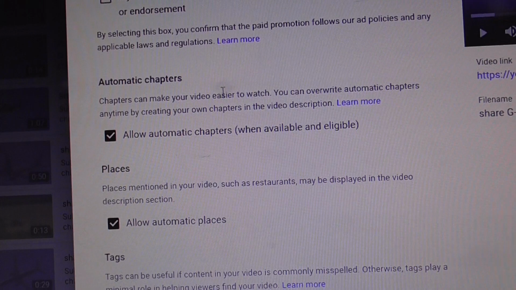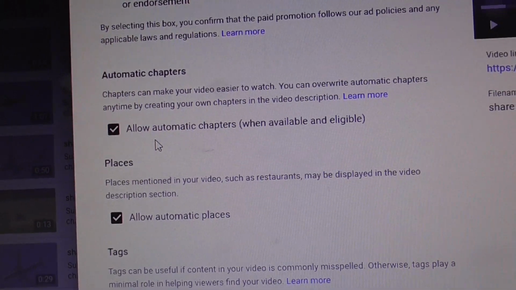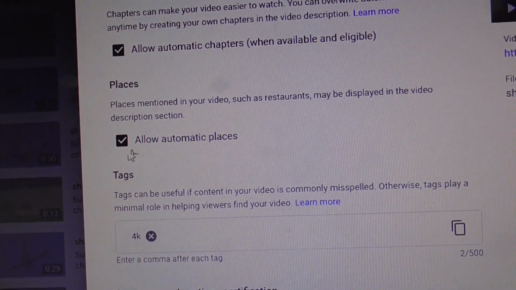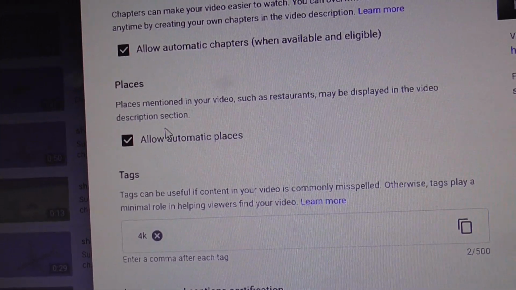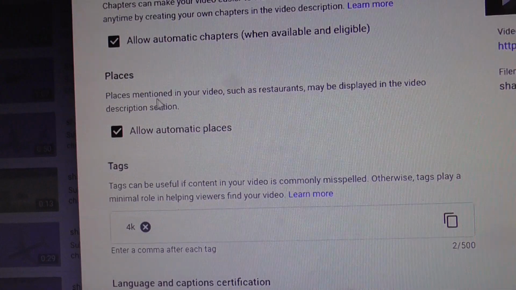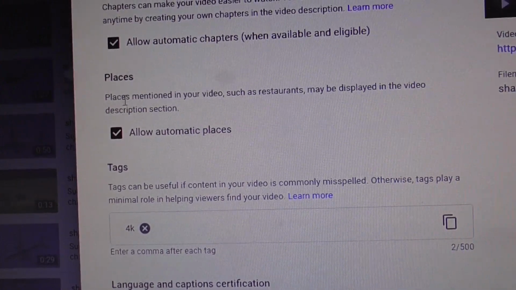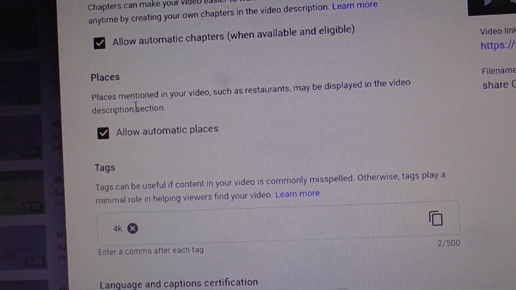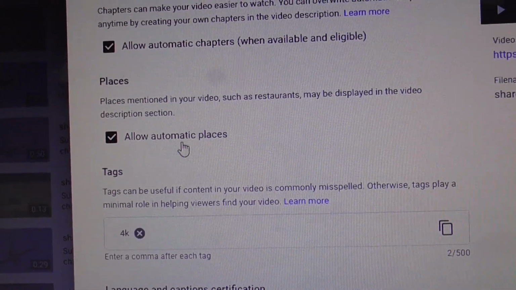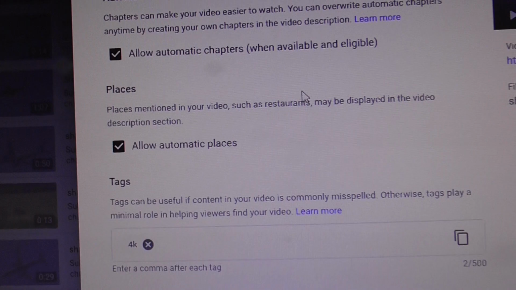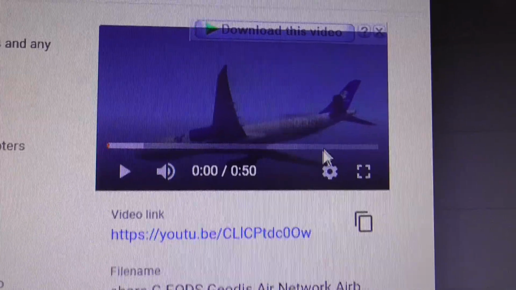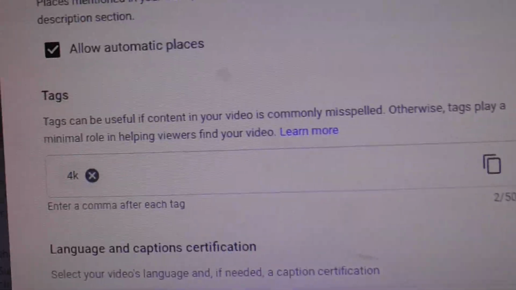Automatic chapters. That's automatically selected by YouTube. I just leave it as is. Places. Places is a new thing that's only happened within the last few months, I think, on YouTube. As I say, places mentioned in your video, such as restaurants, may be displayed in the video description section. I just allow that to happen. So maybe they've got a way of automatically adding stuff, like maybe they'd add Stansted to that video description because I've called it STN. I don't know if they'd be that smart. They're probably not. But anyway,